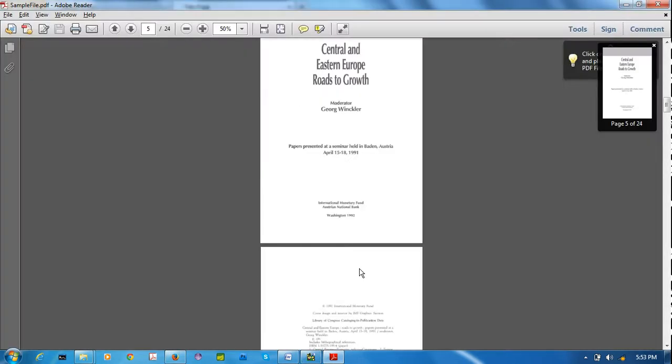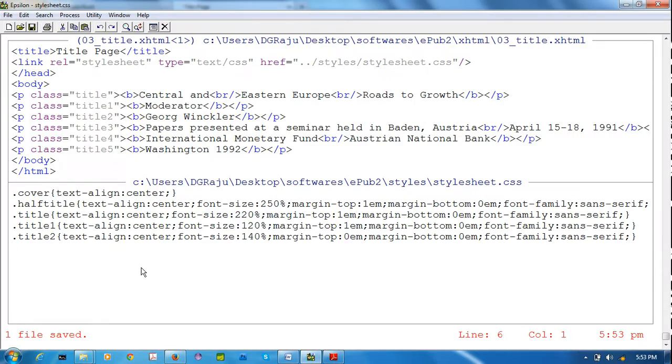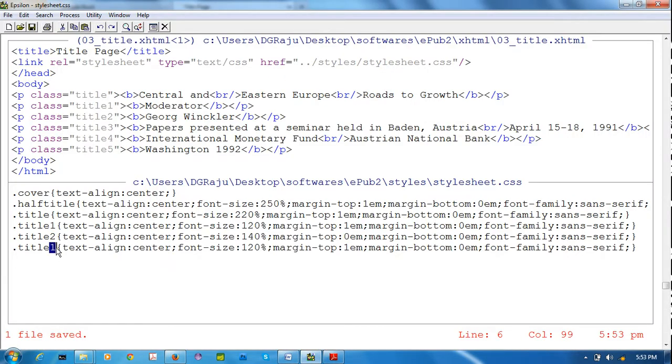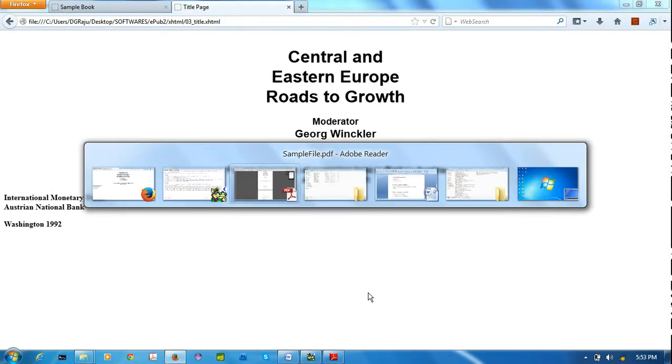Next, this one means title 3. I'm copying same title 3. Margin top means 2. Low font means 110. Remaining all are same. Right. Next, this thing